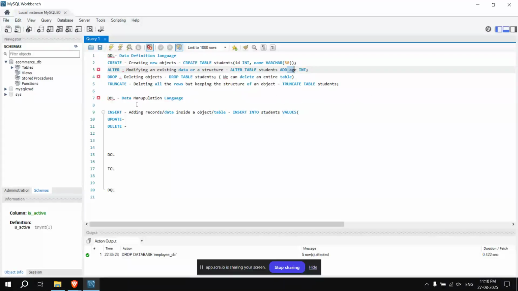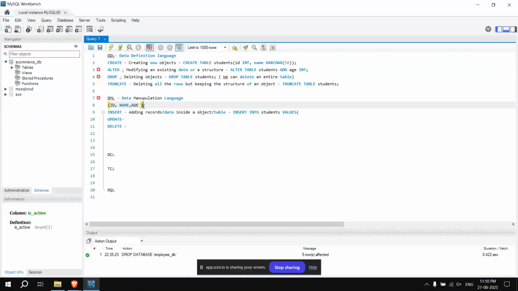It should be like this: ID comes first, then the name, then the age. Let's comment out the age column. Give me a sec.